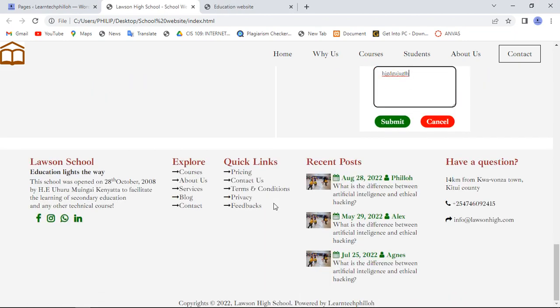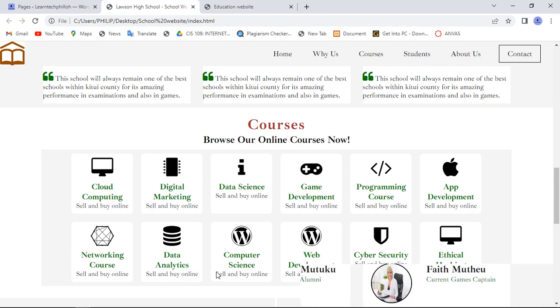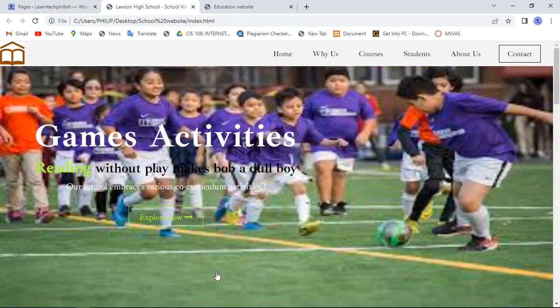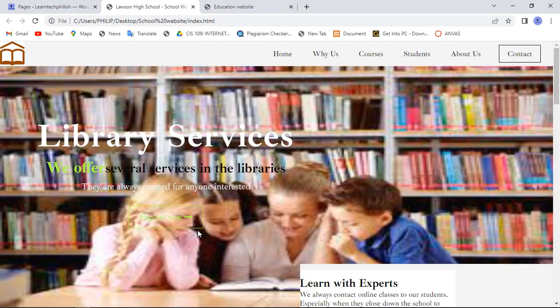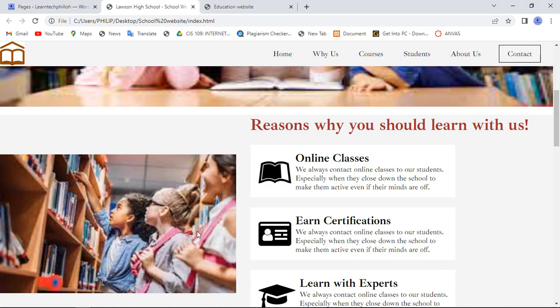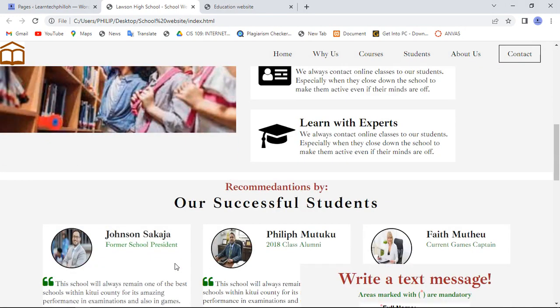And then after that we'll have a very beautiful footer. You can see here we can have several links and all that. Then you'll also have recent posts, and then finally you'll have the copyright section, which we'll create last. Now with this, we just need to start today's video by going directly to our